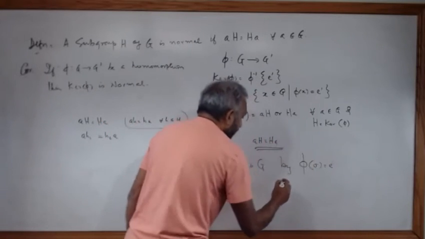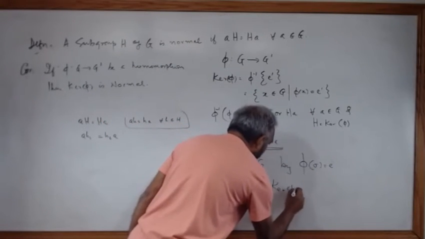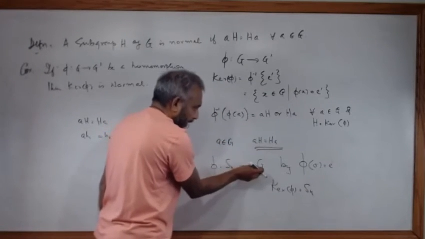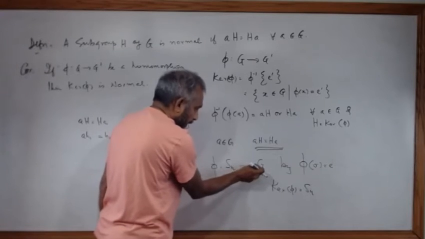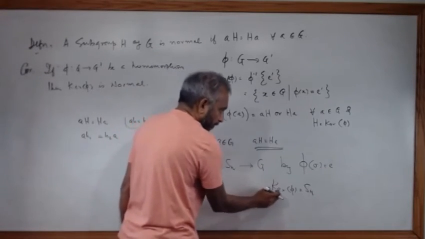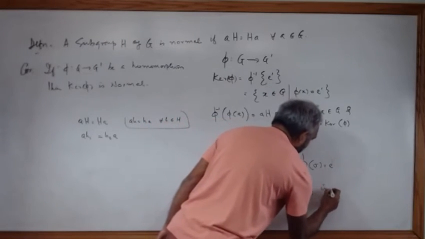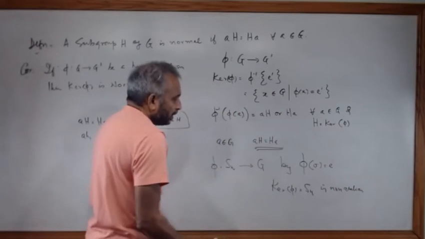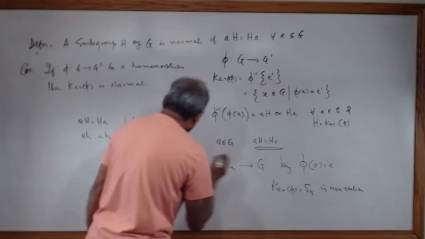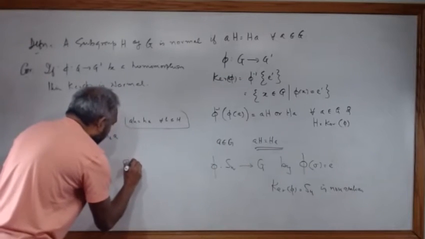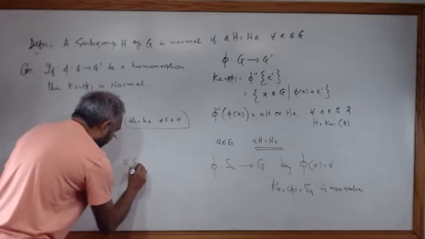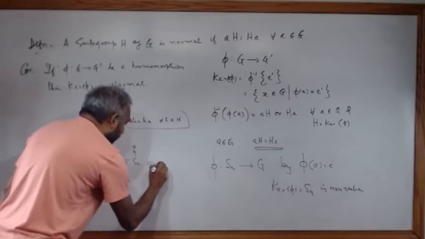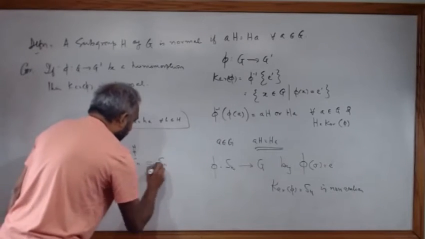So what is the kernel of this? The kernel of this is equal to Sn, because the whole Sn is mapped to a single element. So the inverse of that single element is the whole of Sn. So the kernel of phi is Sn, and Sn is non-abelian. So that means if you take sigma times Sn, this is our H now, it does not need to be